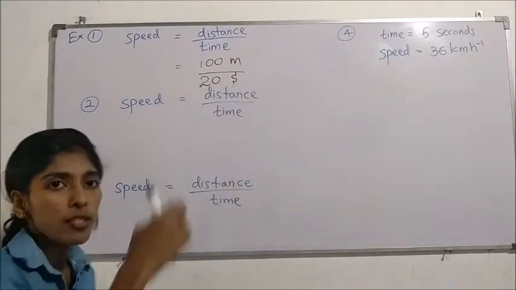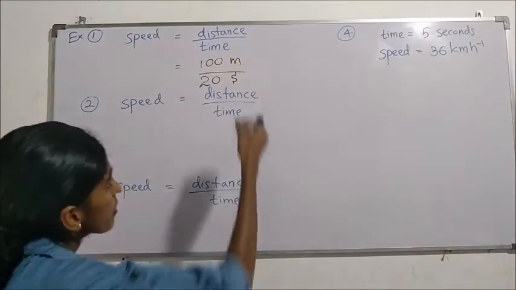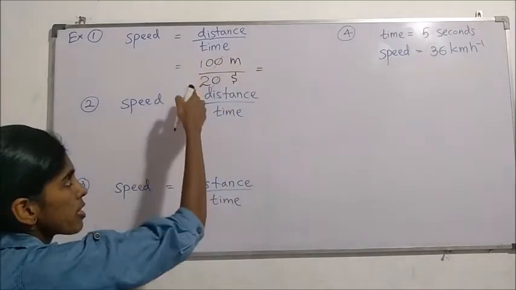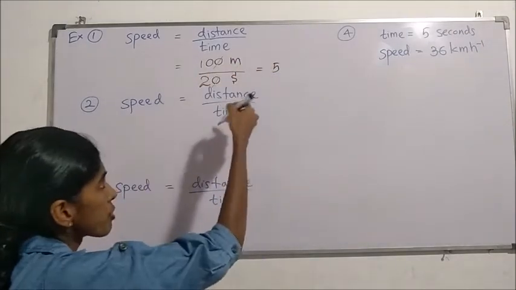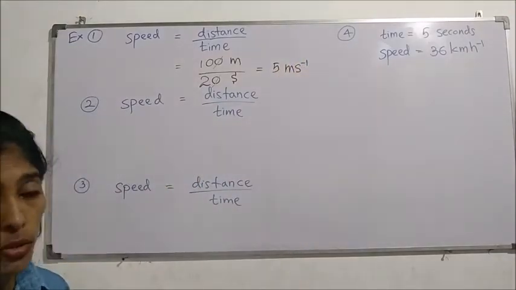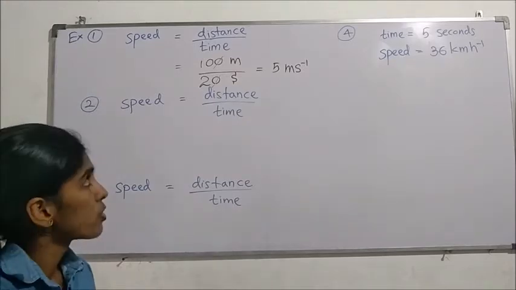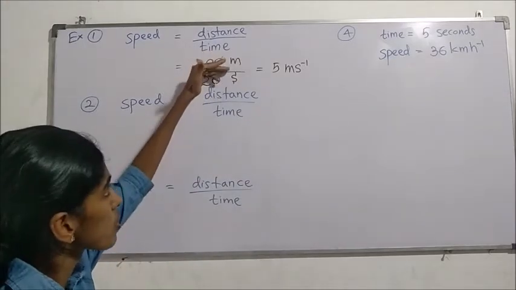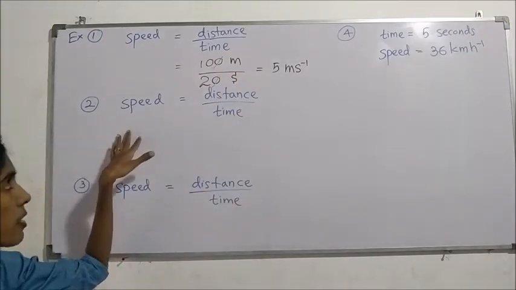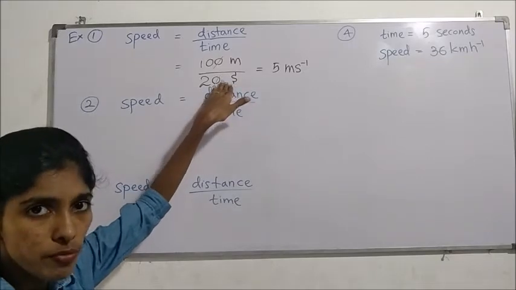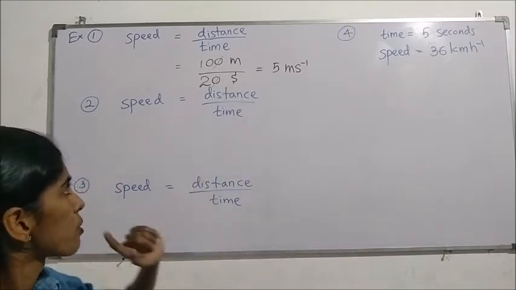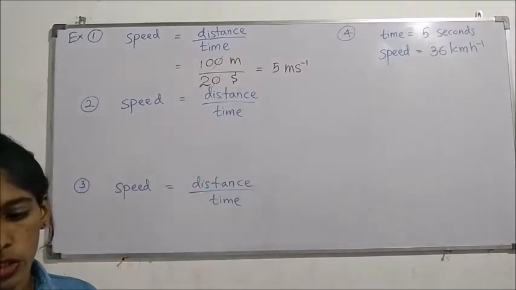So you better write the units along with the values. Here we know that 0 to 0 can cut. 10 divided by 2, 5, or directly 100 divided by 20 is 5 meters per second. It's easy. But you see whether the units are matching. That means meters should go with seconds, kilometers should go with hours. If time is given in hours here, you need to convert it into seconds. Thereafter substitute.